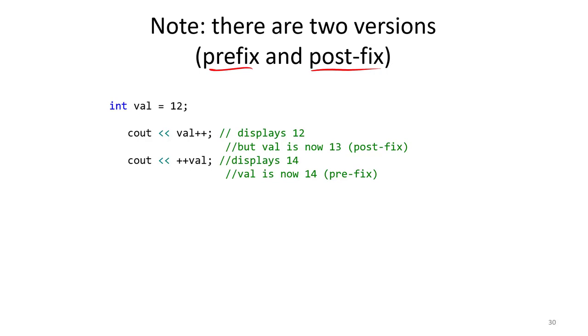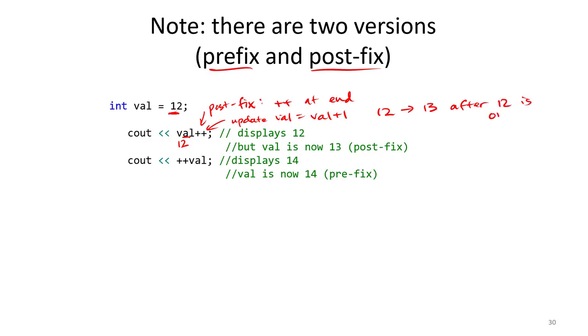So notice in postfix, plus plus is at the end of the number. So what happens if value is 12, we display 12, but then we update val equals val plus 1, so 12 becomes 13 after the 12 is outputted. So now val is